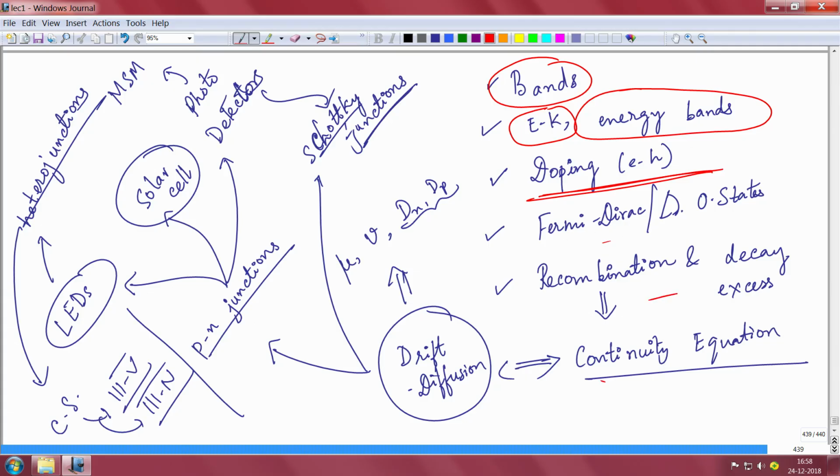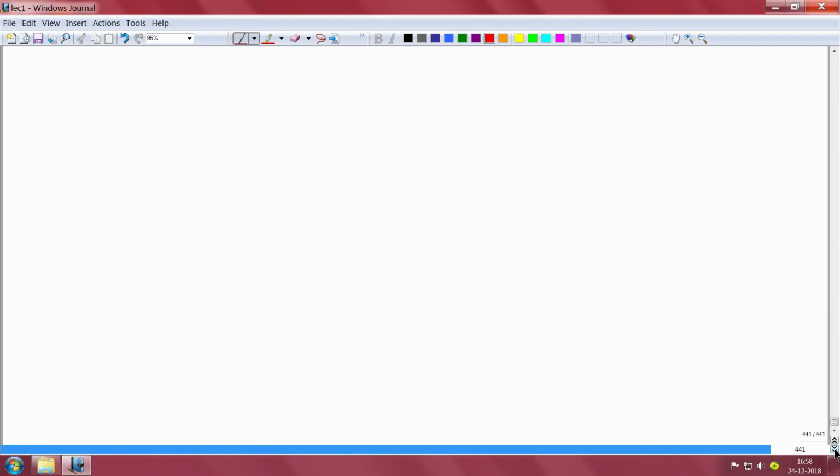All these things we have studied in this course, and many of these parts are very important for your GATE or NET exams. Many of these parts are important for understanding and to just get an interest for higher studies, for doing research. So for example, some of the questions that people give, which we have not solved many of the numericals here, but one of the questions that you should be able to think based on the concepts that you have learned. These are the questions that might be asked.